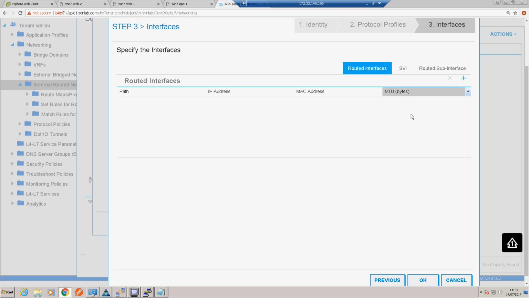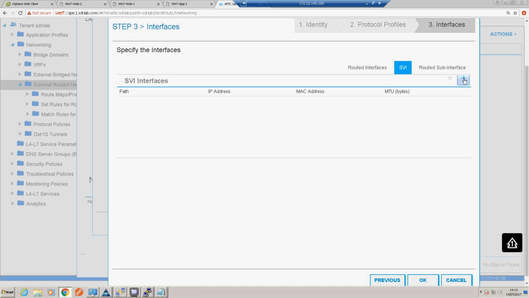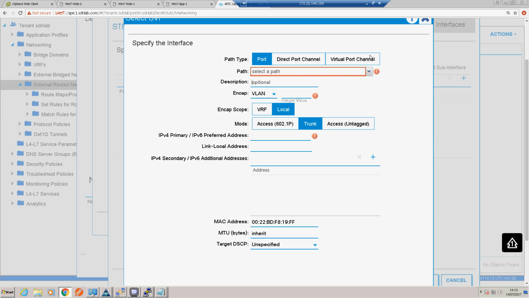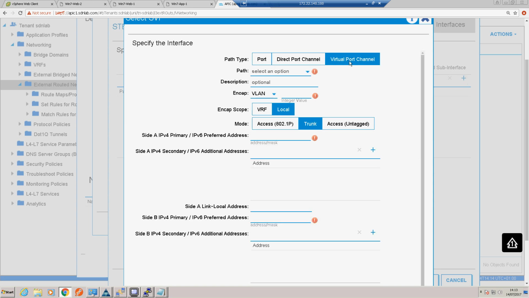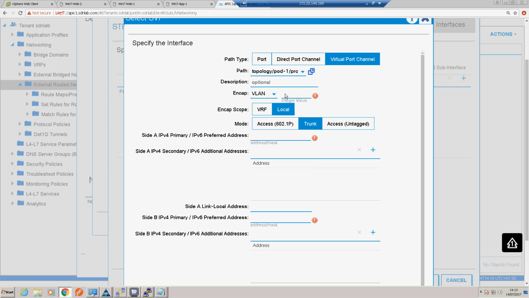and we're going to create these 2 SVIs here. We have our A side and our B side. So I'll add those in now. So we have our virtual port channel we created earlier. And that's it, external router. VLAN has to match, the encapsulation has to match, so it's VLAN 100. Trunk is fine. Our A side, which is our node 101, will be 100.0.0.2/24. And our B side